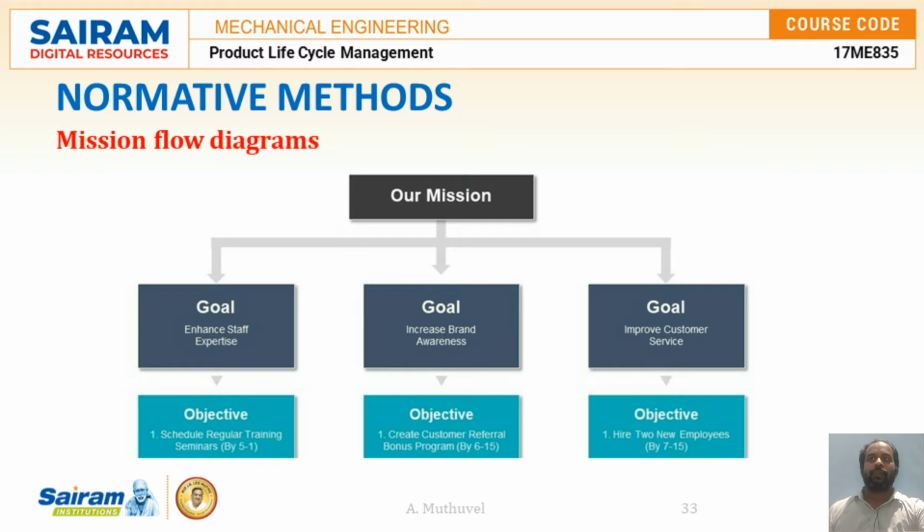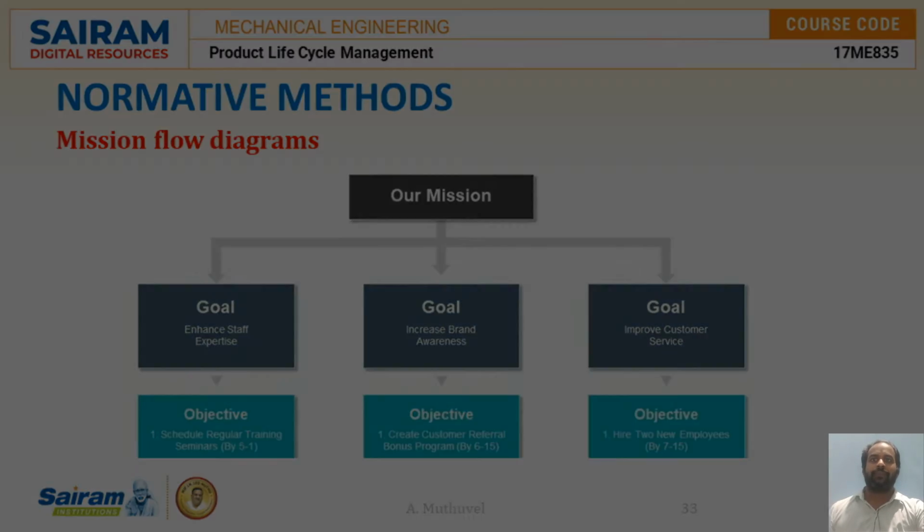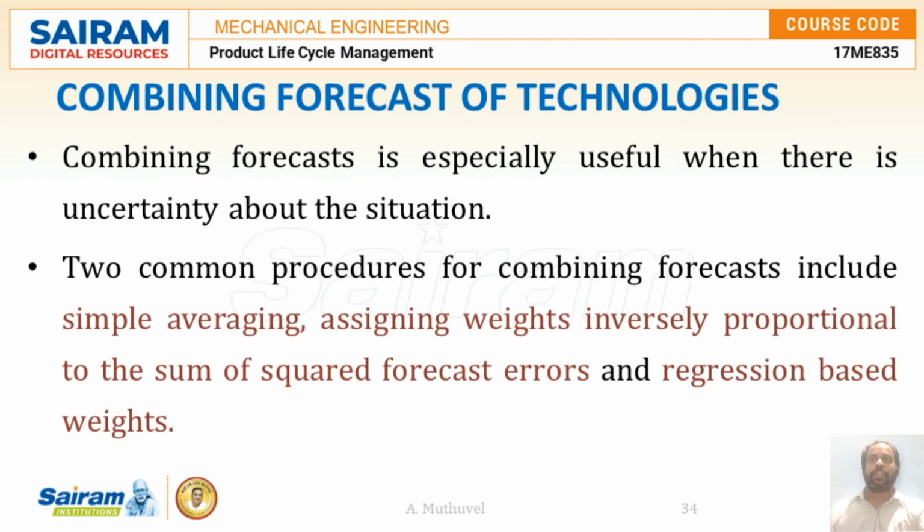The analysts need to identify a significant step on each route and also determine the challenge and/or cost associated with each route. The performance requirement can be derived from each associated technology and the same can be used to forecast the relevant information. Now we are going to discuss combining forecasts of technologies.